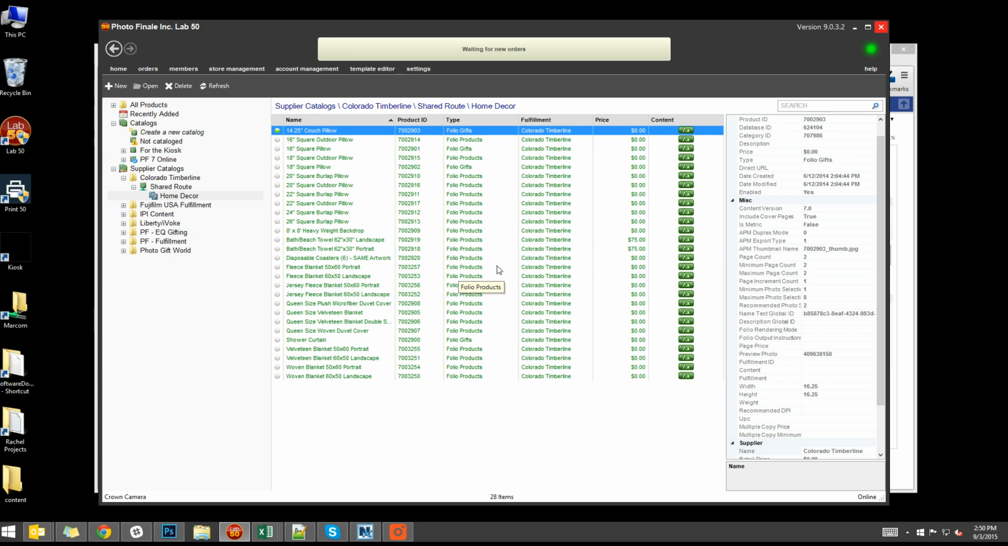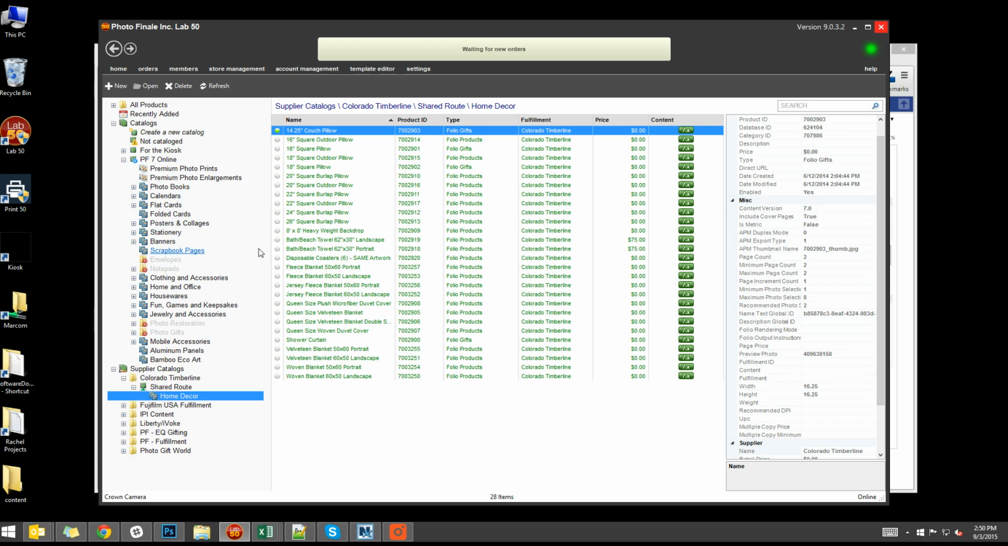So for right now, where can I add this? I'll just add it to bamboo card here, just as an example. It's easy to get to. So I will click and add products. It loads our